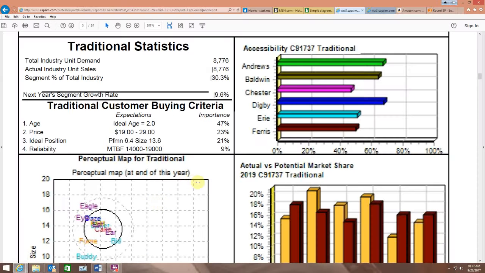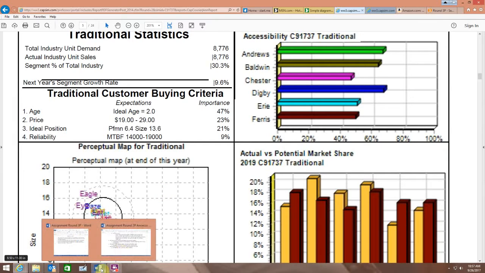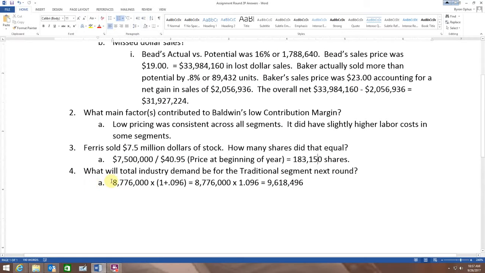So there we are. In the traditional segment, our demand this year is 8,776,000 units, and our growth rate's 9.6%. So the math, the official way to write the equation, would be 8,776,000 times 1 plus 0.096, which is the decimal way to say 9.6%. So doing the math, we should come up with